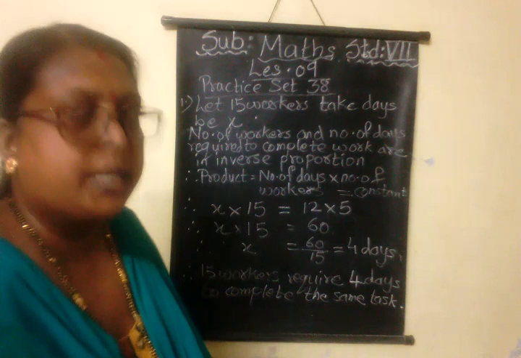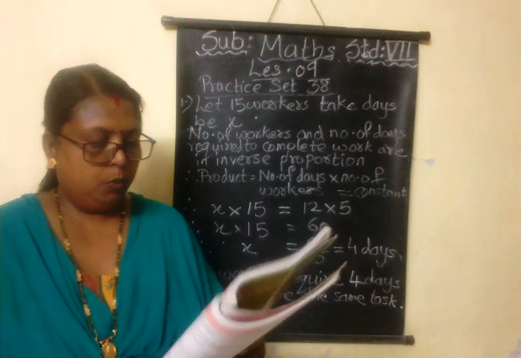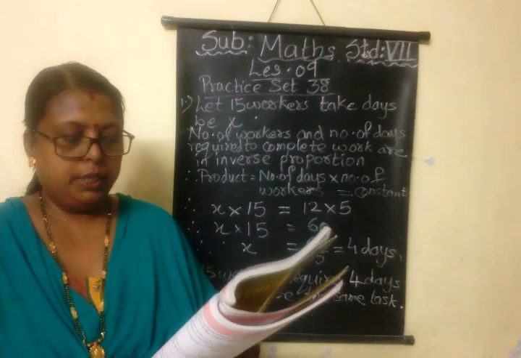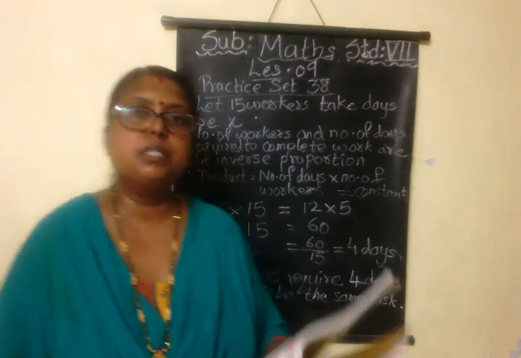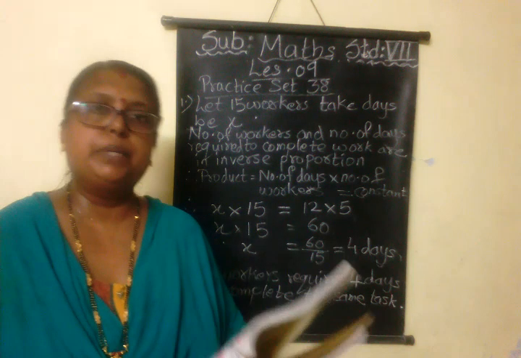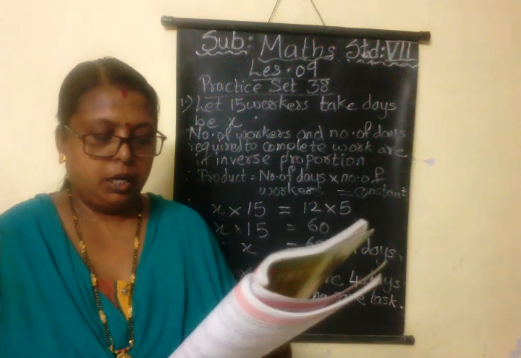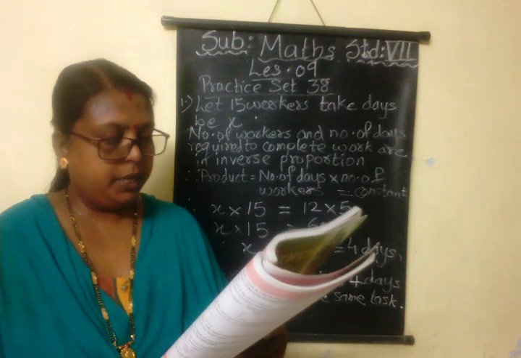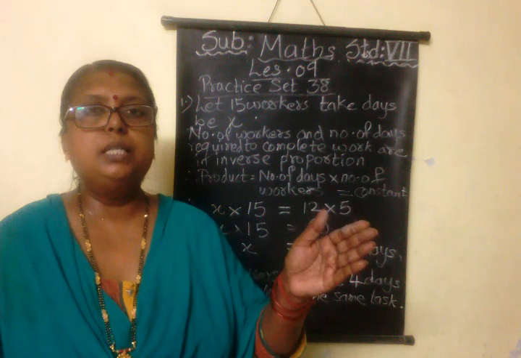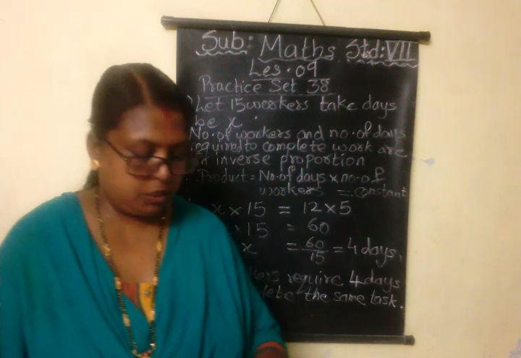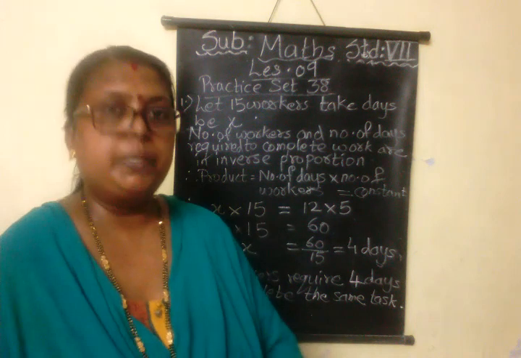Now we will go on to the second sum. Let us see the question first. The question is, Mohan Rao took 10 days to finish a book reading 40 pages every day. Means one book is there, he is reading 40 pages every day, and in 10 days he completed the book. Means total number of pages are how many? 40 into 10, 400. How many pages must be read in a day to finish it in 8 days? So number of days you have decreased, means number of pages will increase. So let us find how many pages he should read to complete the same 400 pages book.